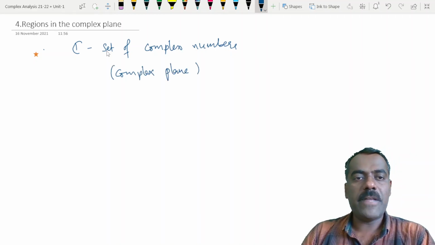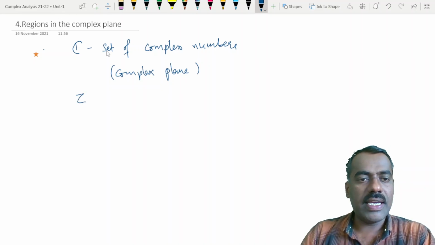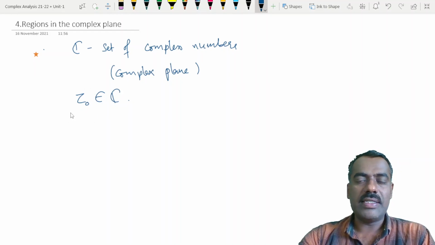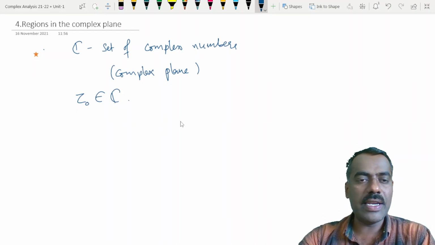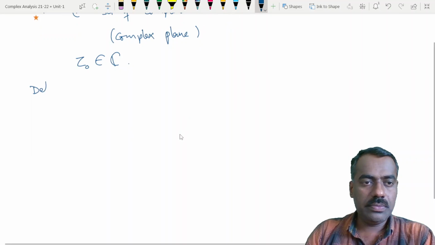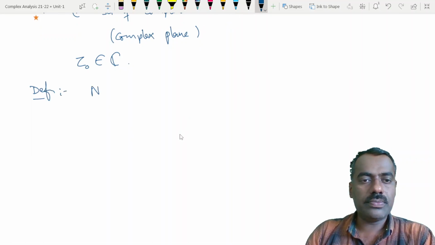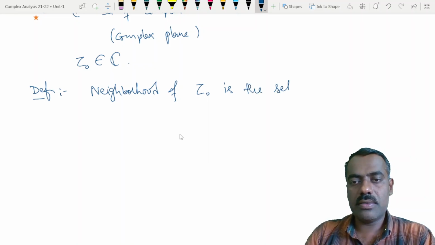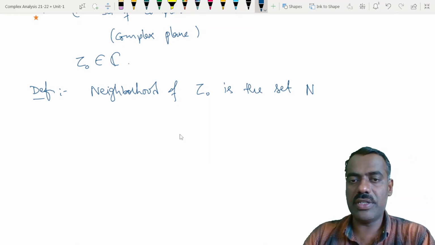Okay, then suppose z naught is any point in this complex plane. Then what can we say about the neighborhood of z naught? Just like in real analysis, in the real plane, we have neighborhoods of z naught. So a definition is that a neighborhood of z naught is the set of all points